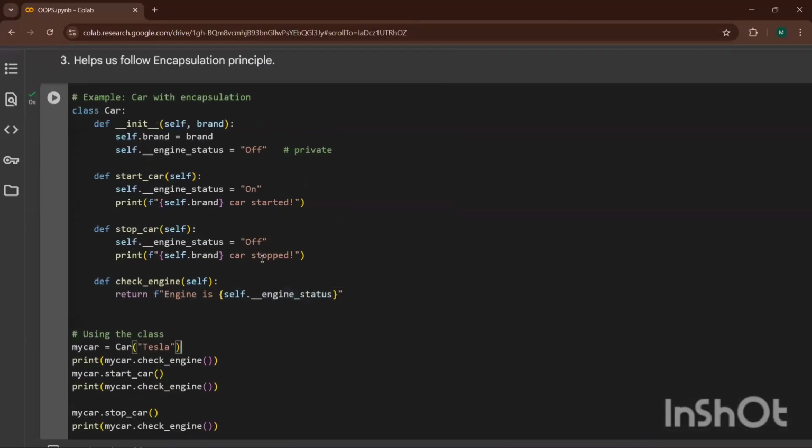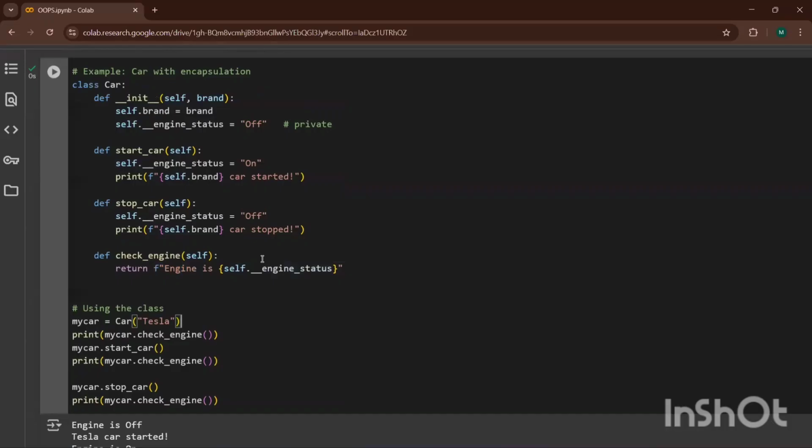Are you all clear with this example? Very good.